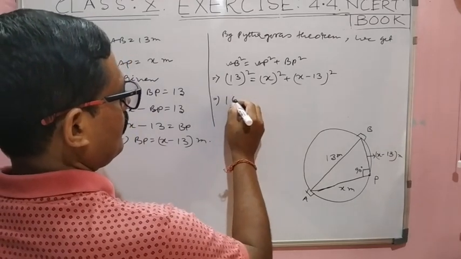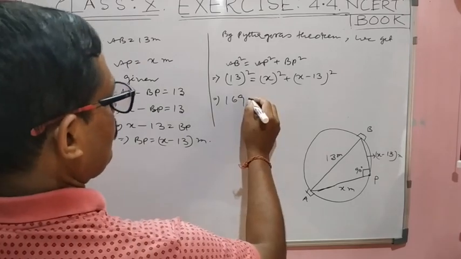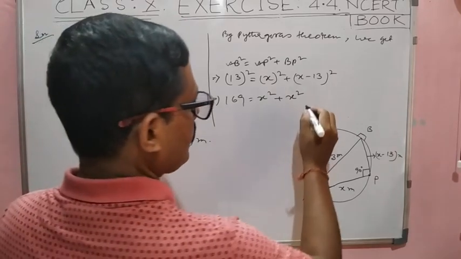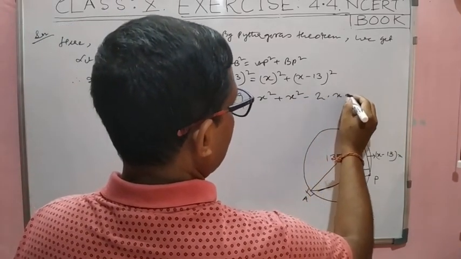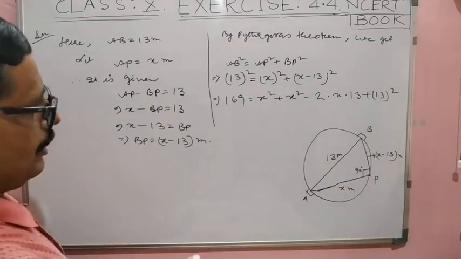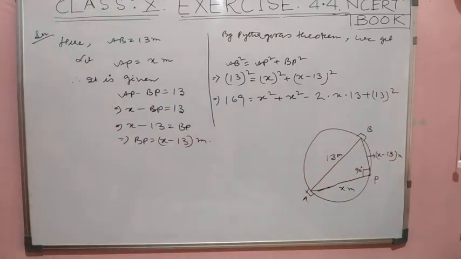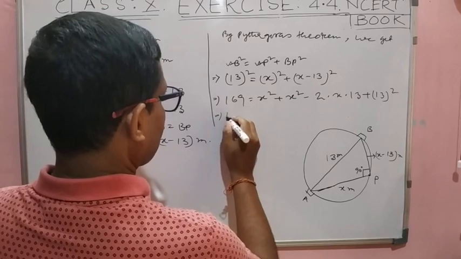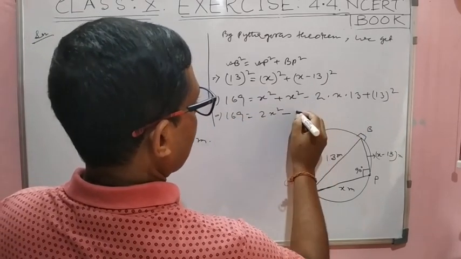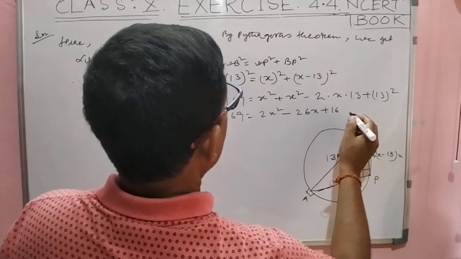Got it? Now this breaks as 169 equal to x square plus x square minus 2 into a into b plus b square. This is the a minus b whole square formula: a square minus 2ab plus b square. This implies that 169, this is 2x square and it will be 26x, and this also will be